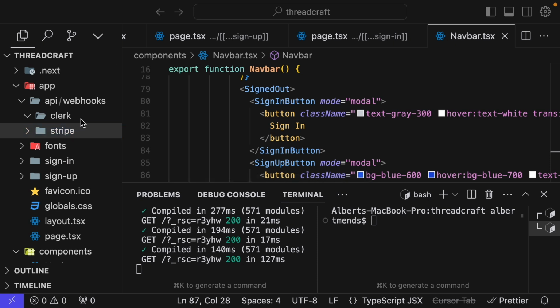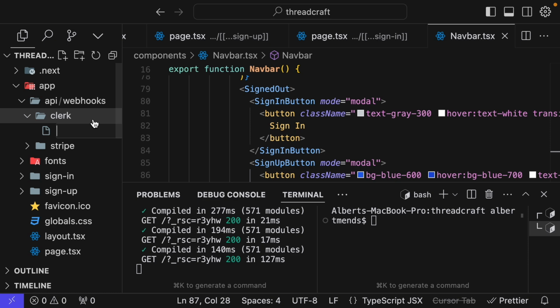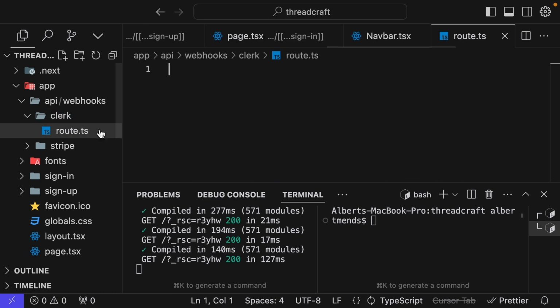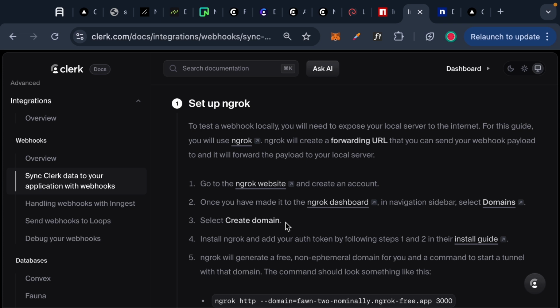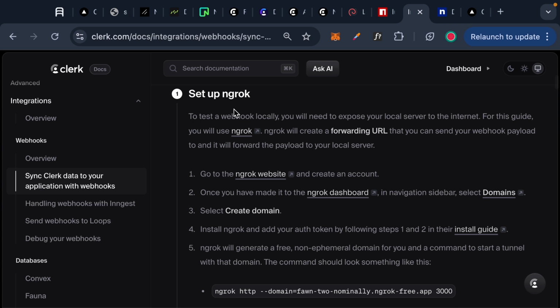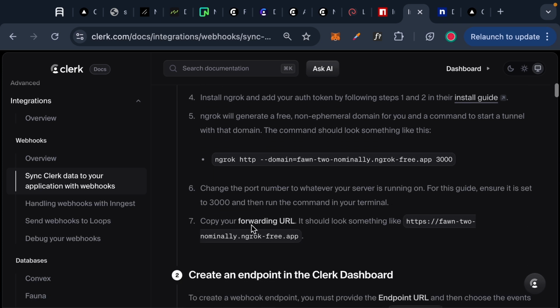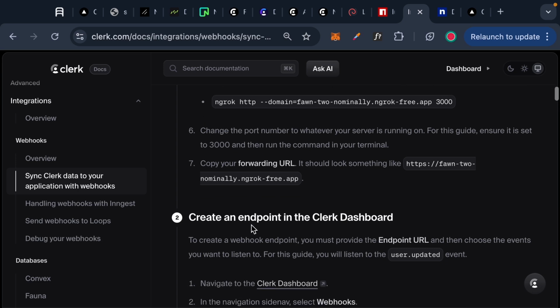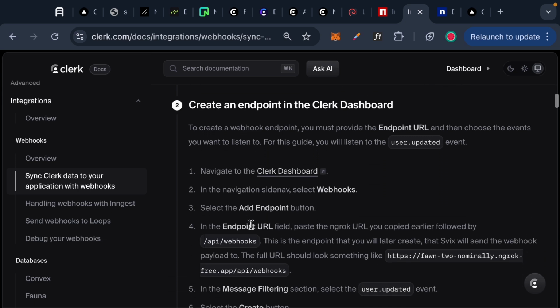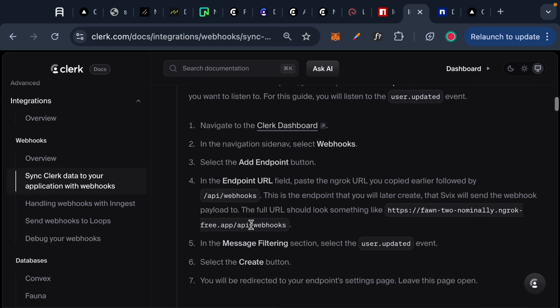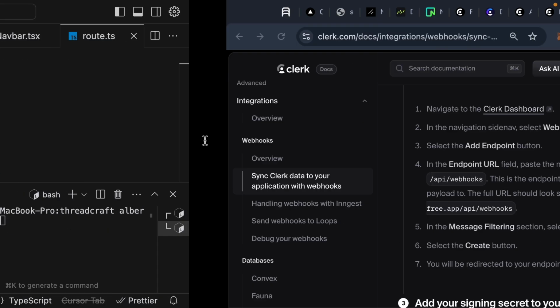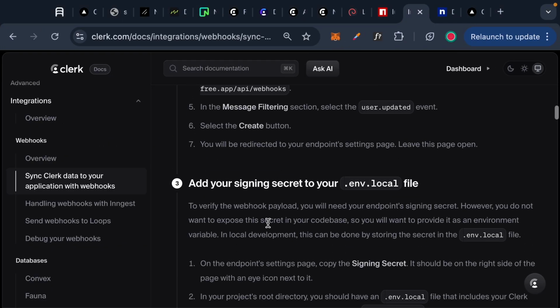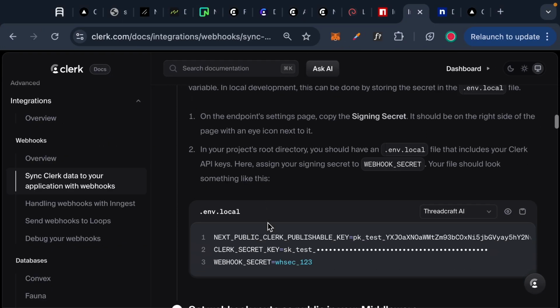And inside the Clerk folder, we are going to create a file named route.ts. So we are following this installation process. So we have set up the ngrok and we have forwarded the localhost port 3000 to the internet. So now we have to create an endpoint, and that is what we just did, creating the Clerk API webhooks inside the app directory. We have done that, and the next thing we are going to do is to copy